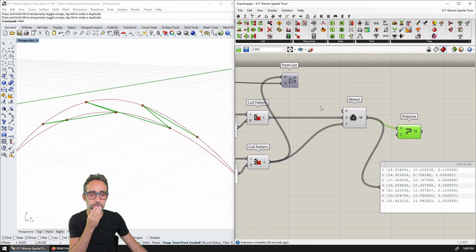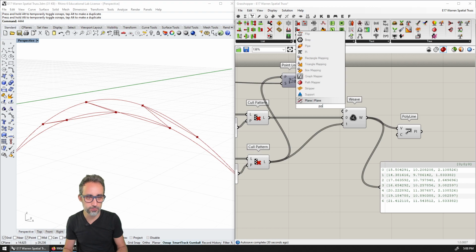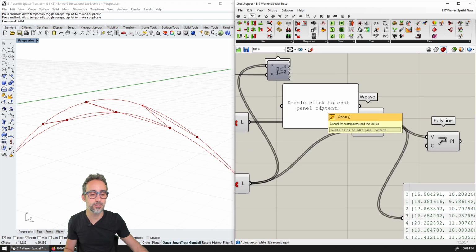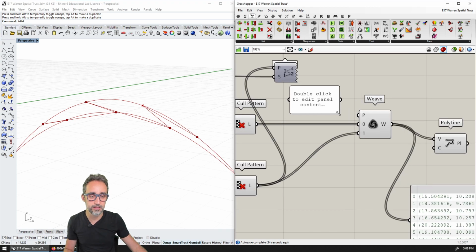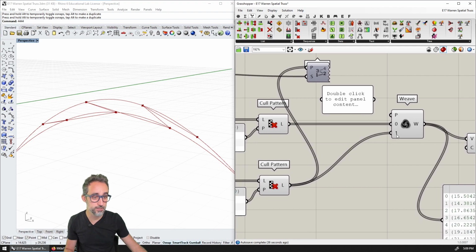So what I want to do perhaps is define a pattern that starts by taking points from list 1 and then keeps going and takes points from list 0, because I think that what I'm doing now is the opposite. So I'm taking points from 0 and then from 1. And that's why I start here, go here, here, here, and then end up here.